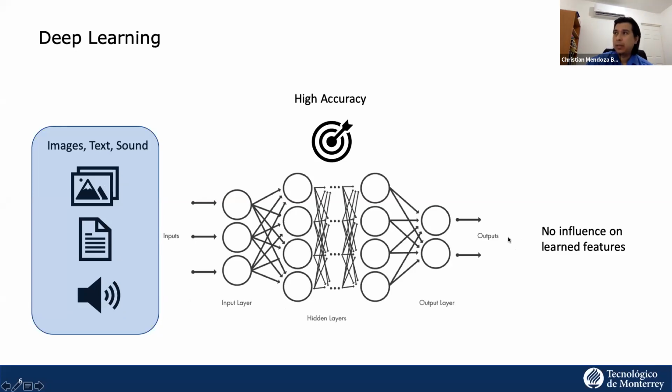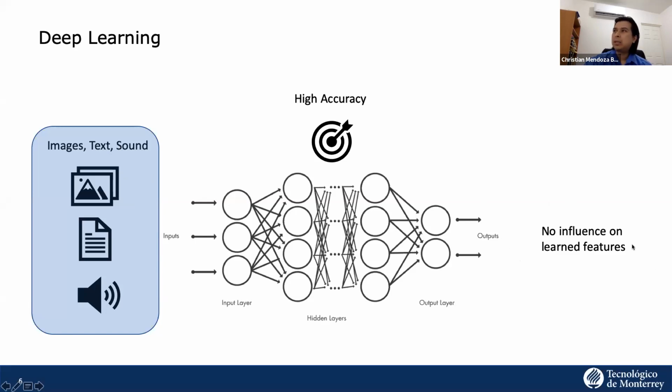Another thing about this is that it has the potential to have really high accuracy. And we do care a lot about accuracy, because the higher the accuracy that we can get from these models, the better it will perform the task that it has been trained to do. So if we obtain a high accuracy to detect ducks in images, then anytime that we bring a new duck image, it will for sure tell you that there is in fact a duck in the image.